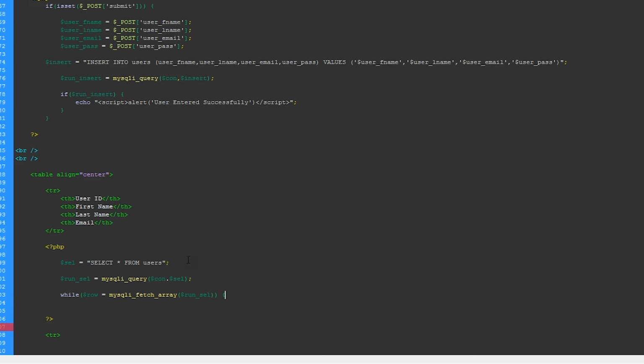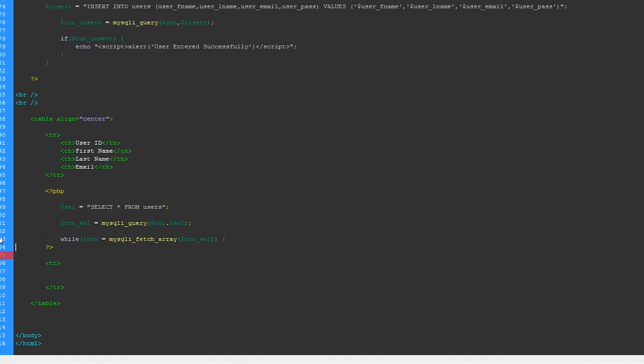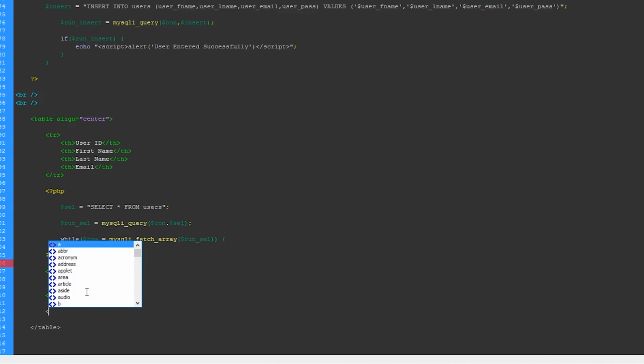Okay, so open bracket. Okay, so let's close the PHP tag for the while loop below the actual table rows. There are other ways to do this, but again, it's all about preference. All right, so let's just close that there, and